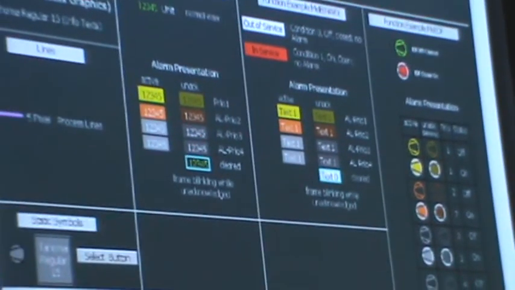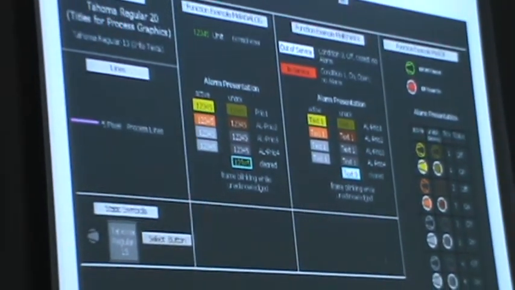Here I will show you the graphic standards which we used here. Normally, in all the graphics you can see the text displayed in this manner. It will be the style Tahoma regular 20. These are the default style we used for all the text in the graphics. So all graphics will follow this same type of text display, and the line will be a 5 pixel line.